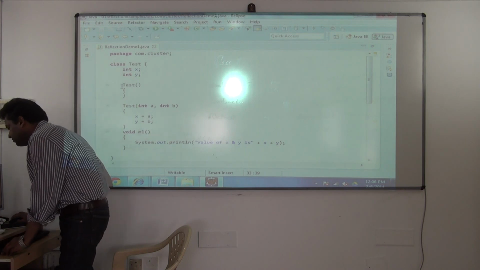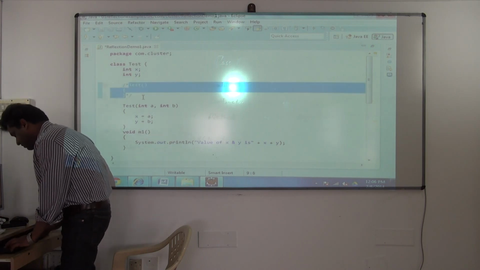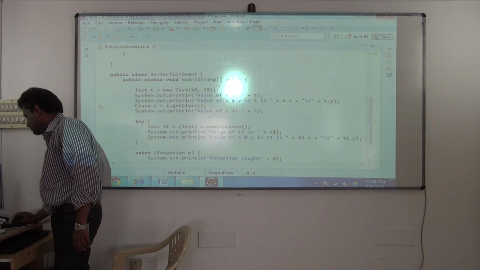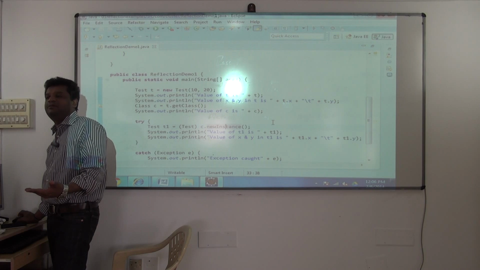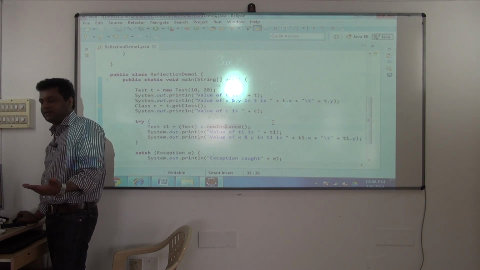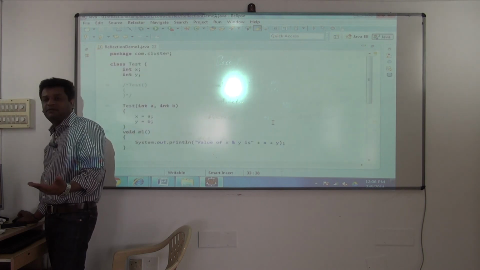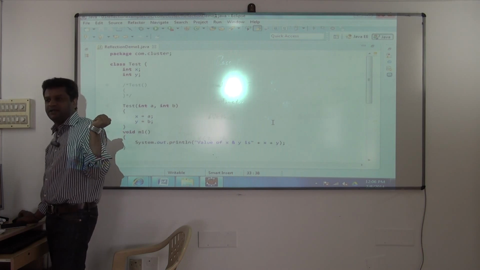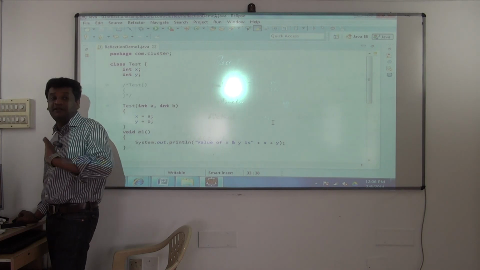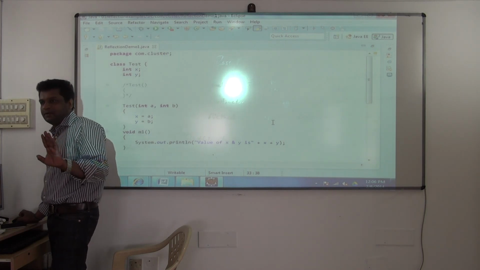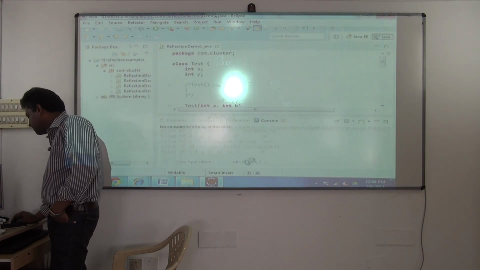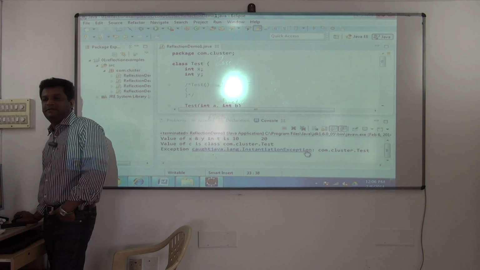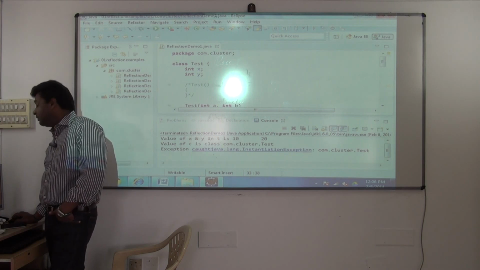Now by chance, if I remove this default constructor, you get an error. Here it will not give you a compilation error, but during runtime it will try to create the object by invoking the default constructor. And do you have a default constructor in your class now? No, it will not be present. Why? Because you have defined one constructor in your class. Since you have defined one constructor, the default constructor will not be present. So you'll get an error during runtime. The exception is InstantiationException. It was unable to create an object of